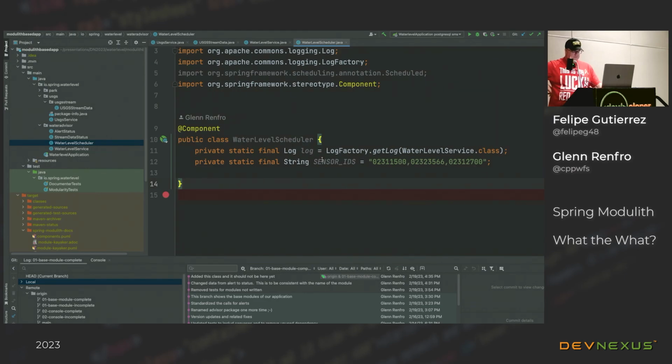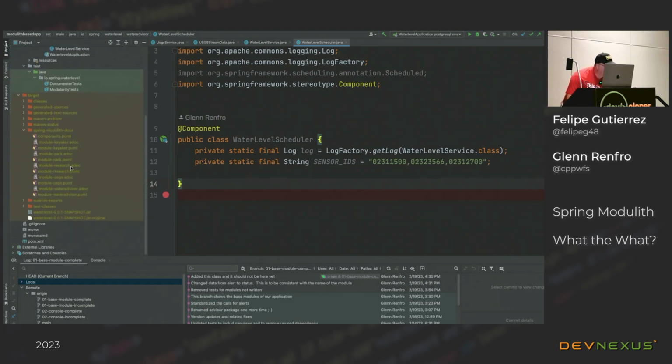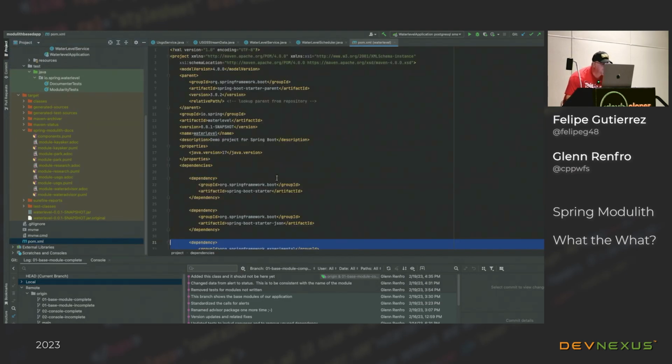Now, Glenn was talking about some of the data that is being stored. Glenn, if you can go to the pom.xml, very quickly, we can talk about it.